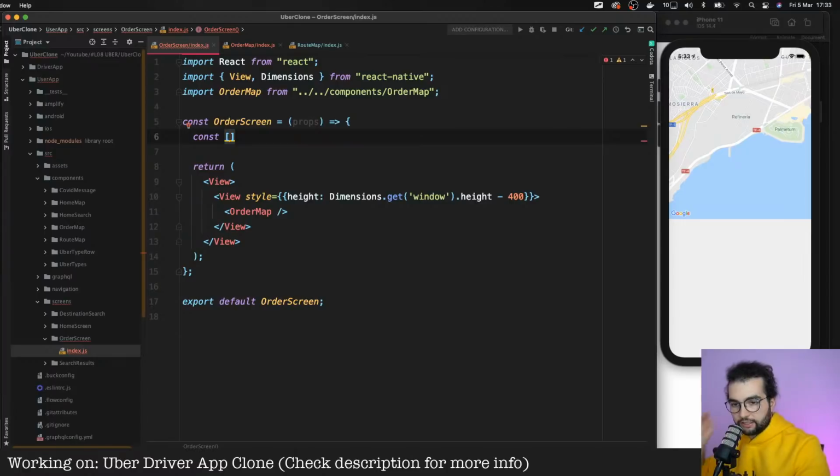How is this build different from previous builds of the Uber app? This is a continuation. This is not something new. For example, in the first episode of the Uber application, we built the UI of a user application. In the second episode, we built advanced UI features like maps and autocomplete features for the search input.